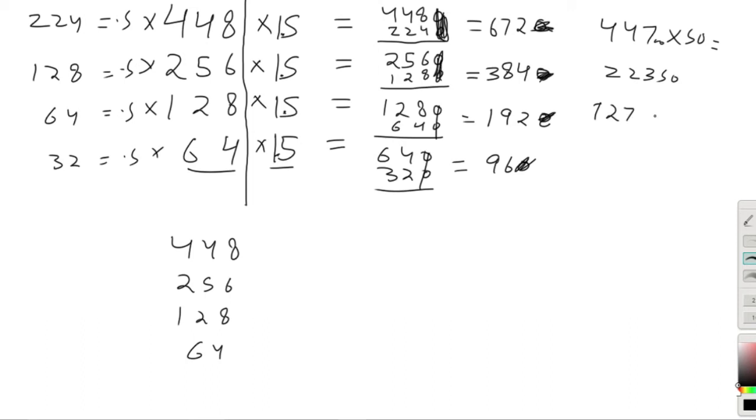127 into 50. What is 127 into 50? Add 00. We first multiply it with 100. So what is half of 12? 6. What is half of 7? Is it clear? Now if we multiply 448 with 25,